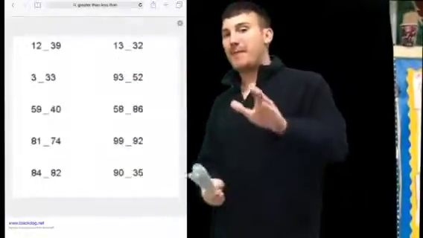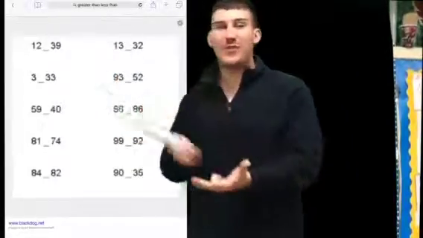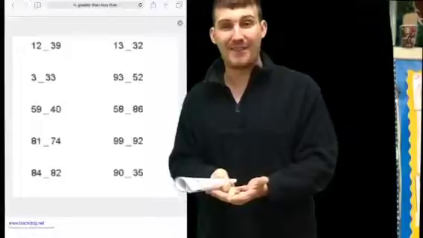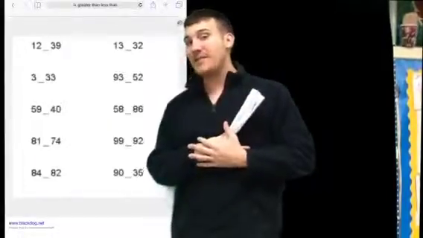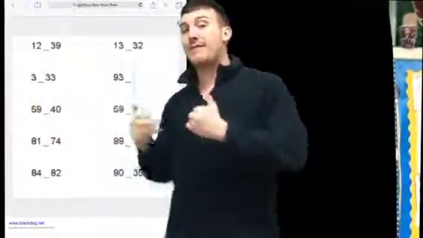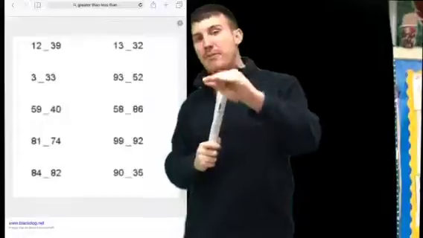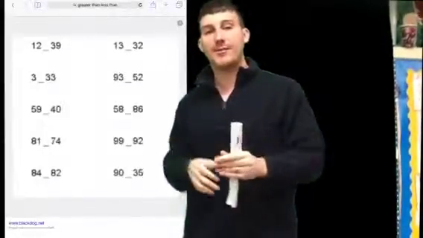But remember, I know that you know how to compare two numbers and determine which one is the largest or the smallest. That's not so much what I'm concerned about today as I am us reading these equations from the left side to the right side, okay? That's what I want us to focus on today, pinpoint that, and get great at it, and when we come back to school, we can just move right